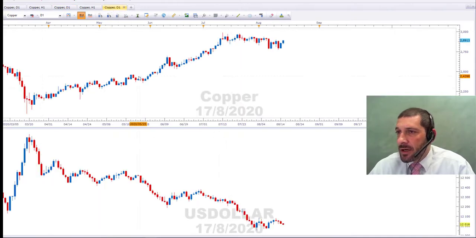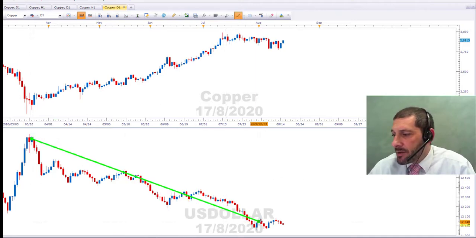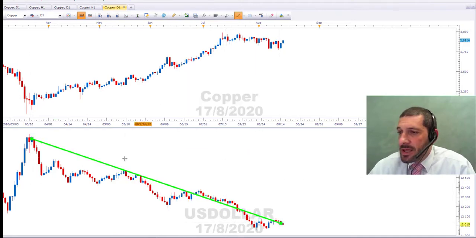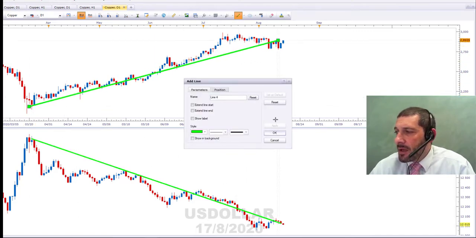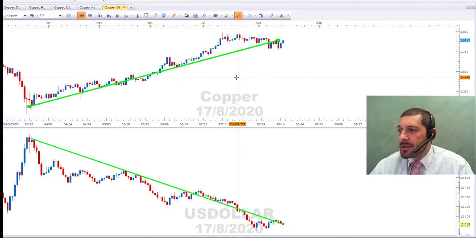Let's start off with this chart. So remember, we took a brief look at the M3 money supply. Well, that increasing money supply has put pressure on the US dollar to the downside. As the US dollar has come down, we've seen it support copper. Copper is priced in dollars, so clearly as the US dollar has depreciated, the price of copper has